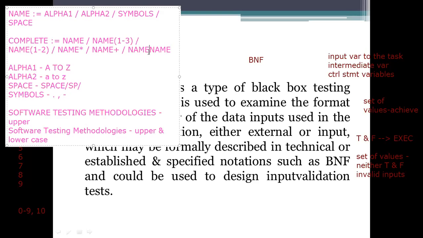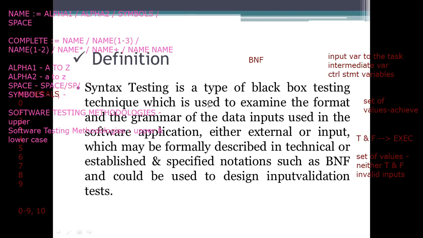To make an understandable format, we need to specify a space here, but this space is taken as a division, a separation, a differentiation between this one and this one. Here we are using multiple consecutive letters side by side. So this will allow you to write a name. Like that, we will validate our words or our input.